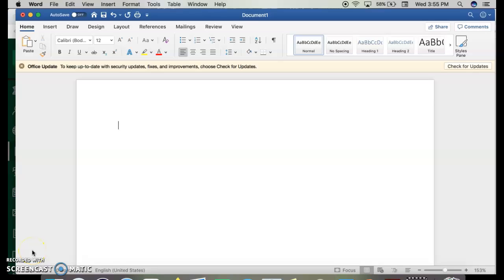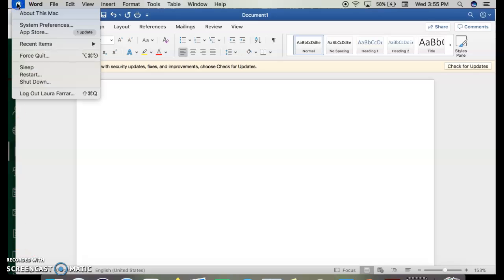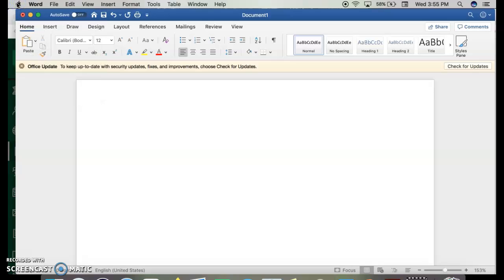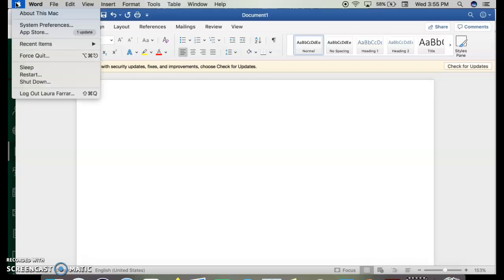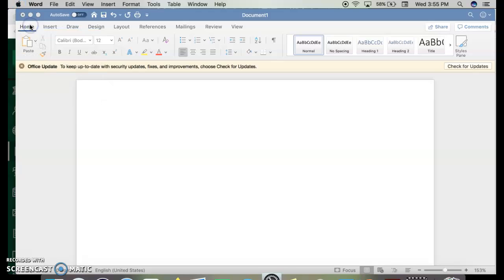So today I'm going to get started on how to use the built-in speech recognition on the MacBook. The instructions that were given on how to do it were a little different to mine. I believe my MacBook's a little out of date, but let me go ahead and get started by going to the Apple in the top left-hand corner. I go to System Preferences,